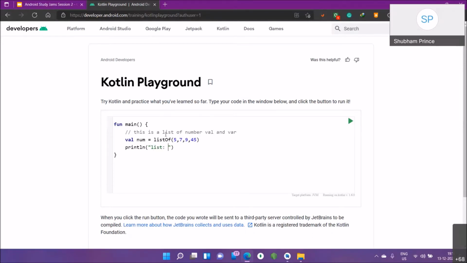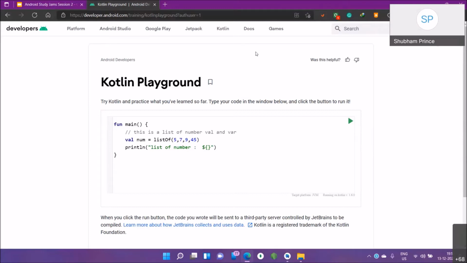Now if I want to print this list of numbers, I can add a comment, list of numbers, and then print the list inside it. You might be familiar with the dollar sign and curly braces. If you want to concatenate the comment in the println function, the text list of numbers is my comment which will come out, and the dollar and curly braces will contain the variable we are going to print.